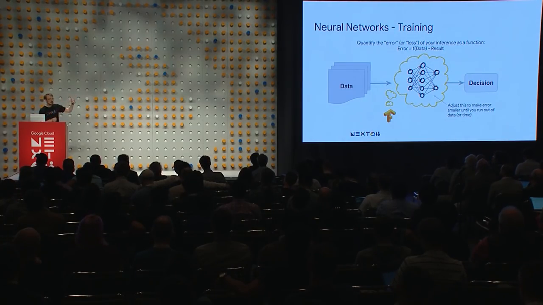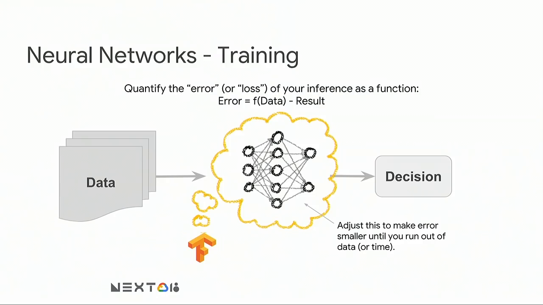And we can repeat this process where we try and make the error slightly smaller until we run out of data. That function, that model in the middle, could be a function of many, many millions of variables. So we're essentially trying to minimize the loss of million variable functions. And that's pretty complicated, but luckily there are pretty good abstractions for doing all this stuff.